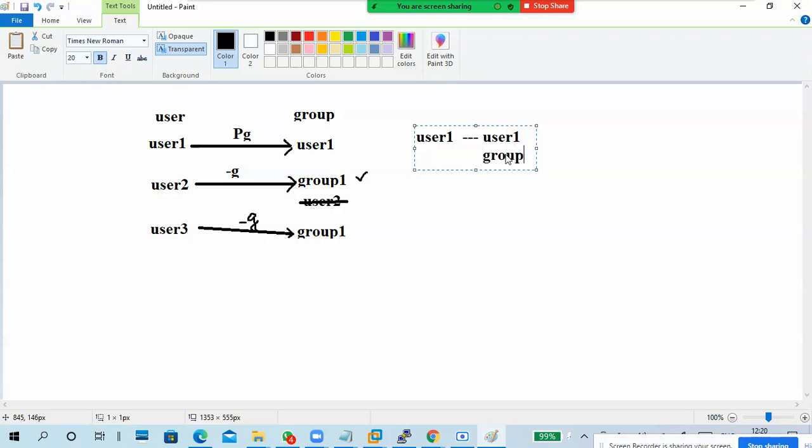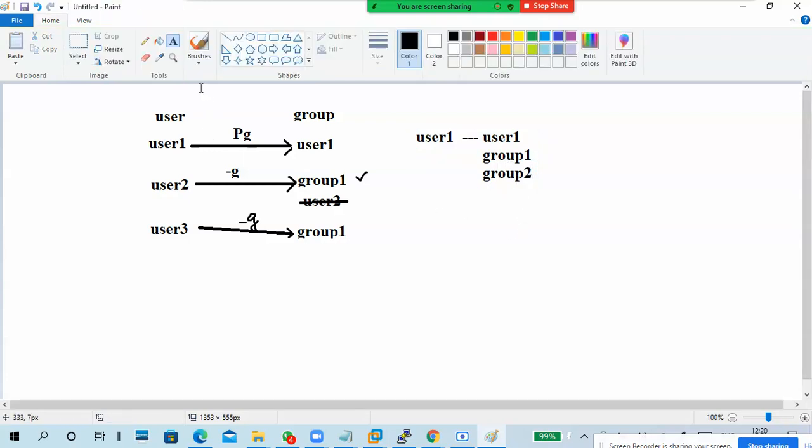He might also be a member of another group. So this group is the primary group. All other groups are supplementary or secondary groups.